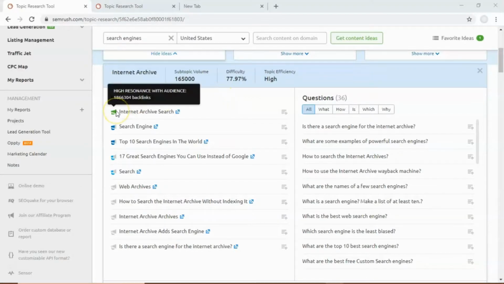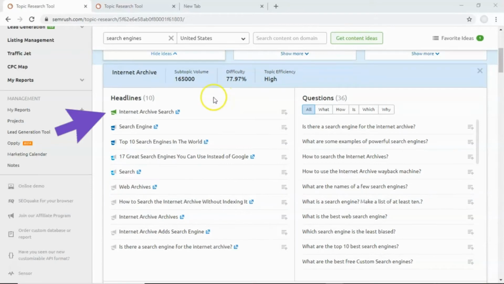Resonance means quality and here resonance is mentioned with a bullhorn icon. High resonance means high quality with a green bullhorn icon. Normal resonance comes with a blue icon. Medium resonance shows with a light blue icon. Low resonance will show with a grey blue bullhorn icon.